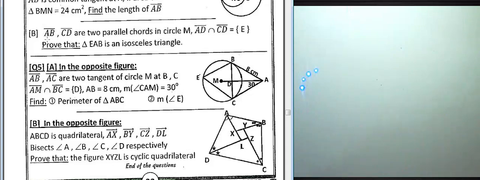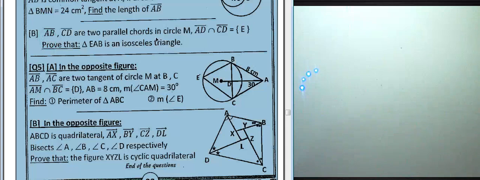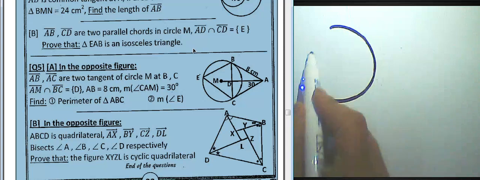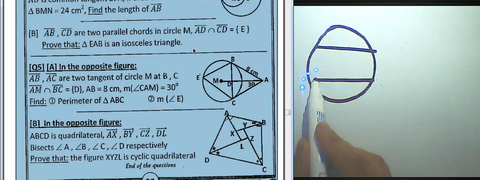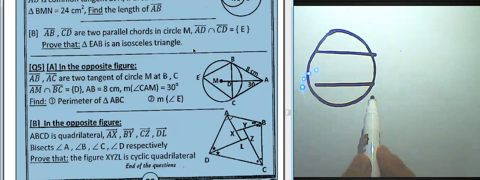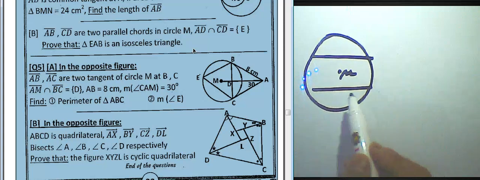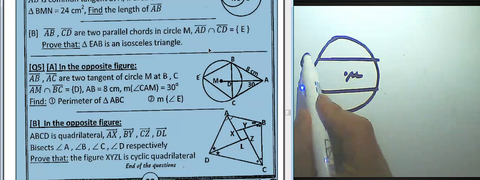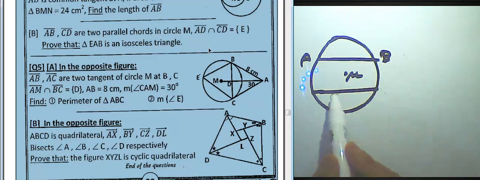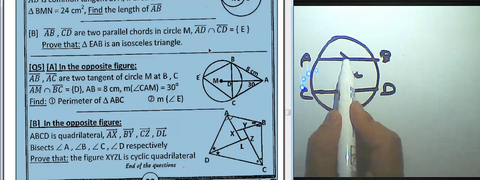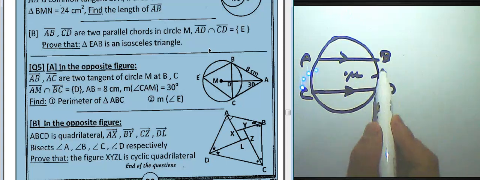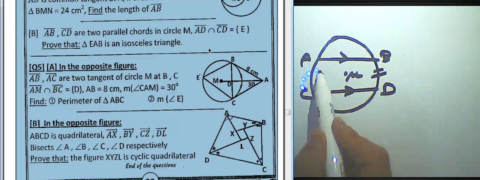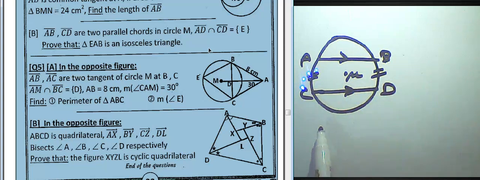Next question here. AB and CD are two parallel chords in circle M. We have circle M here and two parallel chords in circle M, AB and CD. Then the arc BD equals the arc AC in length. And you want to prove that